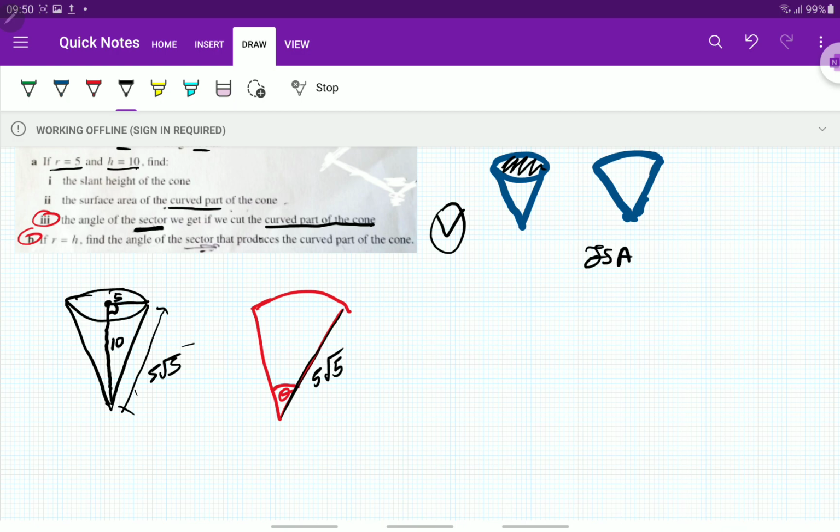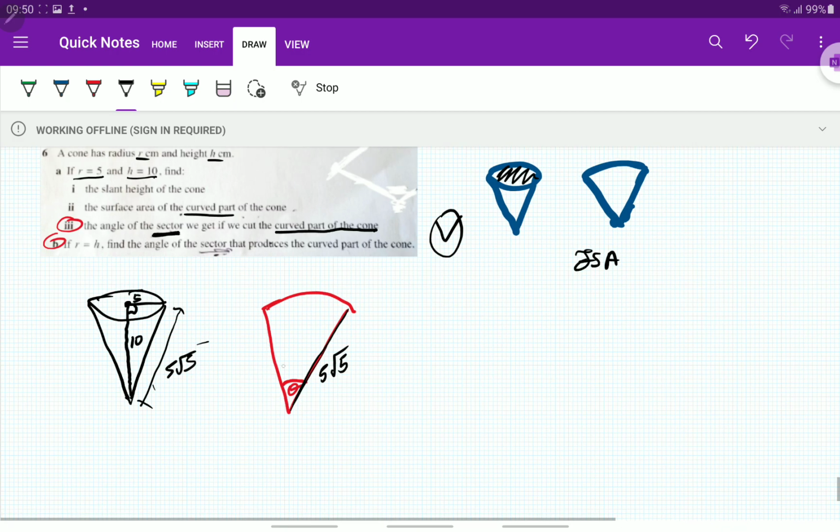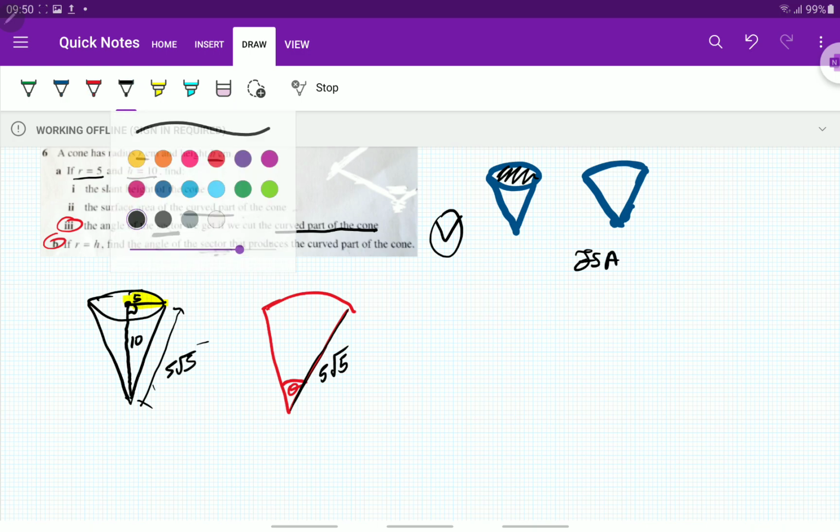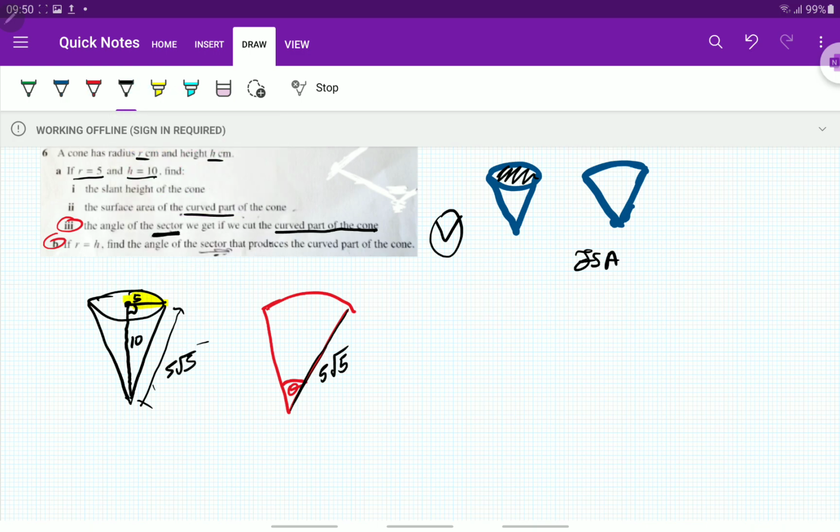So that's 5 root 5, the radius. We want to find theta. And what other information do we know, or what other information must we extract from there? Well, from here we know that the radius of the circle is 5. How can we put this into any use? Well, if the radius is 5,